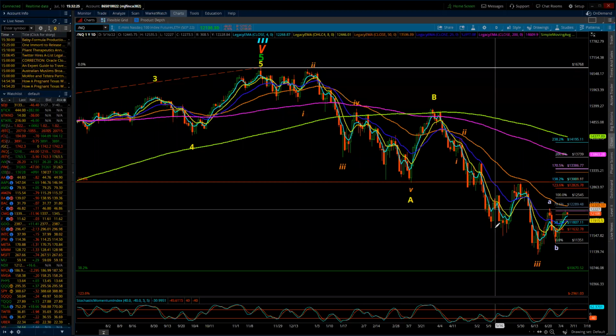Good evening. This is the Elliott wave update for the NASDAQ 100 for Sunday, July 10th, 2022. As the markets come back online, as the Globex session opens, the equity indexes are a bit lower. Nothing too severe, nothing too little. With the NASDAQ down